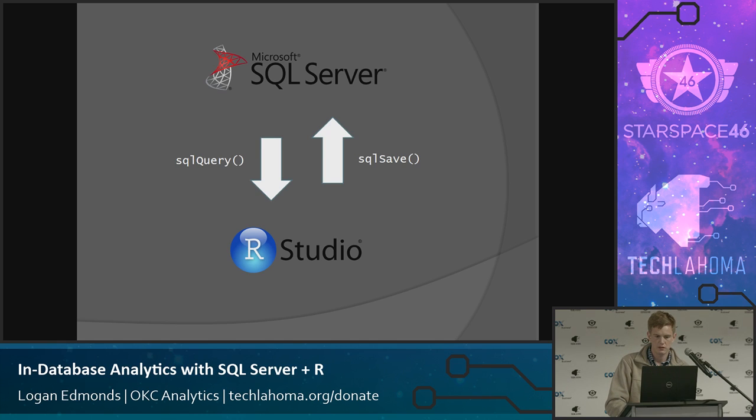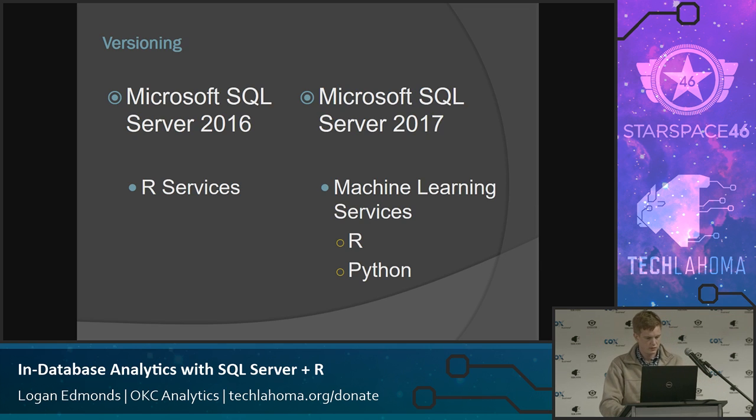And then, inversely, I can save that data, or whatever processing I do in R, to SQL Server. So I think this is probably a fairly common workflow for a lot of people. Did anyone here use ODBC connections to R or anything like that? Okay. Not yet? Okay. So just to give you an idea of what we're looking at here,